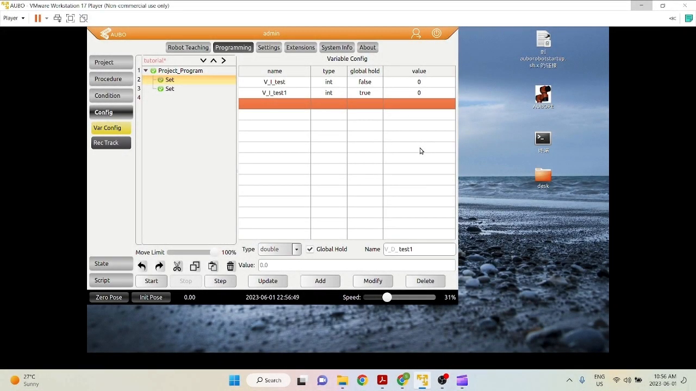Today we'll be going over how to set a variable. Now this is very important because in your projects you'll need variables for your if-else conditions, switch case conditions, set conditions, among others. Now to access your variables you go under the programming tab on your AUBO PE, click config and variable config. As you can see here I've set two previous variables already, and to add a new one